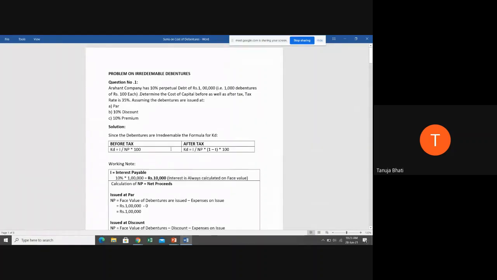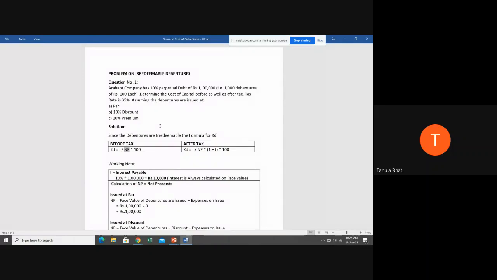So in this formula, we have got the answer for one particular element. Now next, NP. We have to calculate NP. We will calculate NP in 3 stages: at par, discount, and premium. What is going to be the NP? Students, remember, individually first you finish solving A, then you can go on to solving B, or parallelly you can solve A, B, C together as well. Now, can anyone tell me what is NP? Net proceeds. Yes.